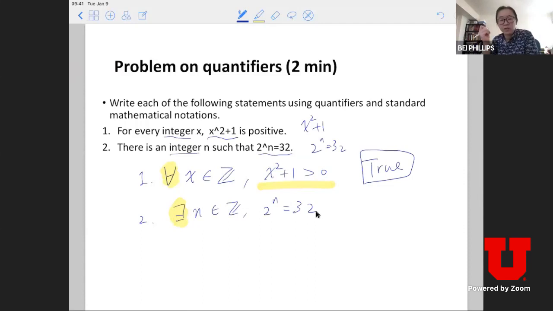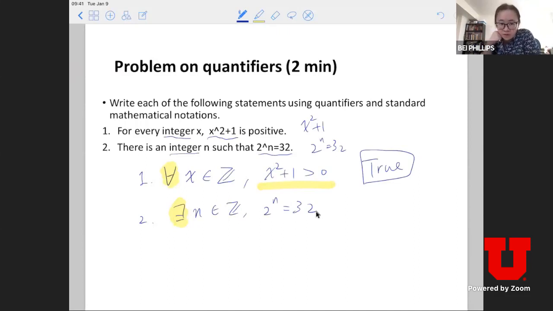This is true because, if you think about an integer, the integer can be 0, positive, or negative. If it's 0, 0 squared plus 1 is 1, it's bigger than 0. If it's not equal to 0, then the square of the integer is bigger or equal to 1, and then plus 1 is also bigger than 0. So you go through these cases to say this is true. If it's not true, let's find a counterexample, right? And I can't find a counterexample, and later on we're going to go through multiple proofs. You can actually prove that this statement is true, and you're going to learn a lot of different proof techniques for this.